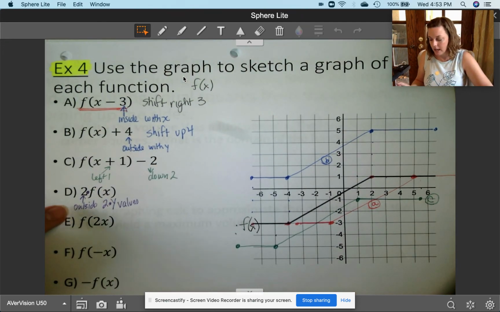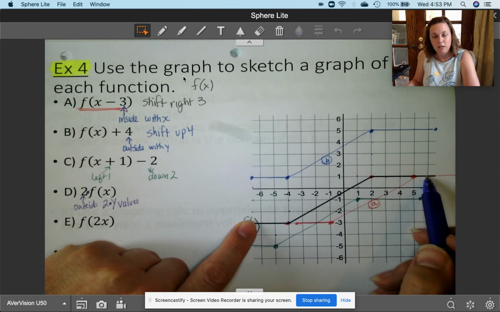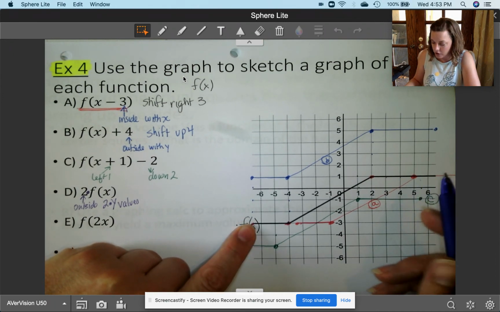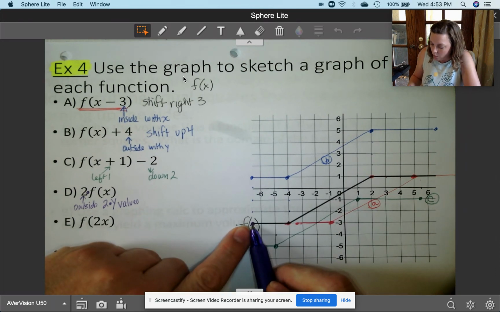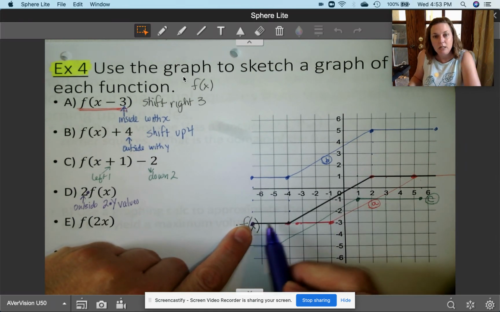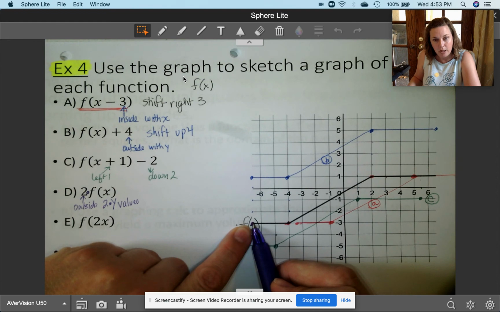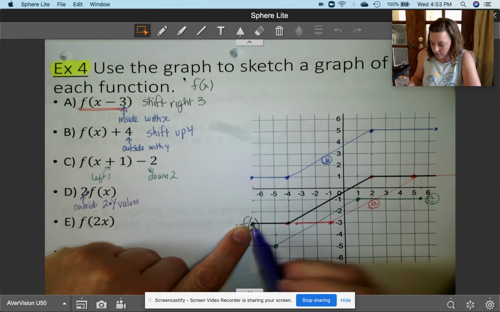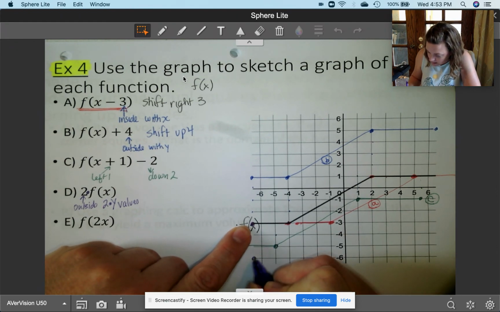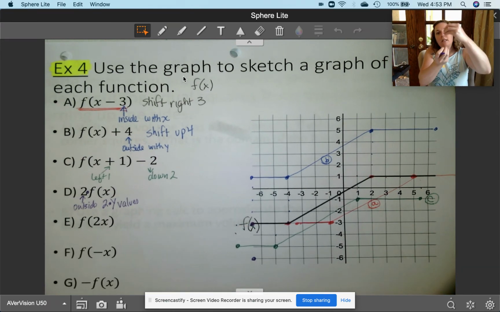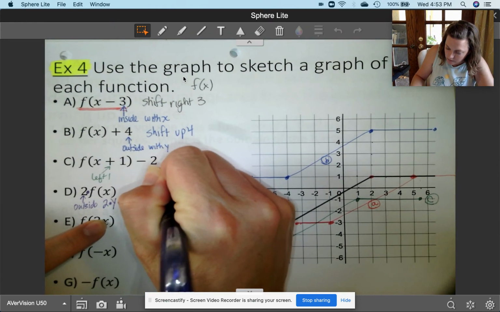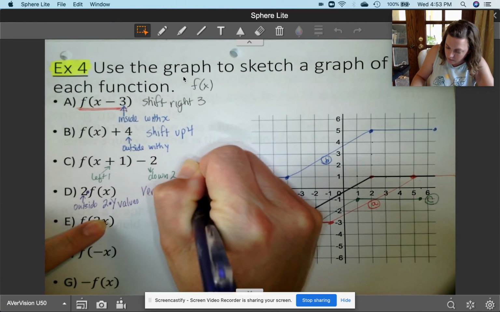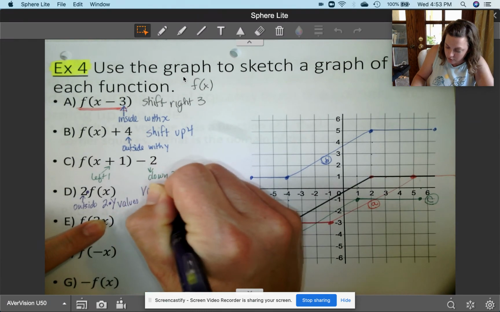All right, and so I'm going to go back to my original boring black f of x function, and it's going to take this point. The y value is -3. It's going to do 2 times that value. Well, 2 times -3 is -6. So this is called a vertical stretch. It's stretching vertically. Vertical stretch